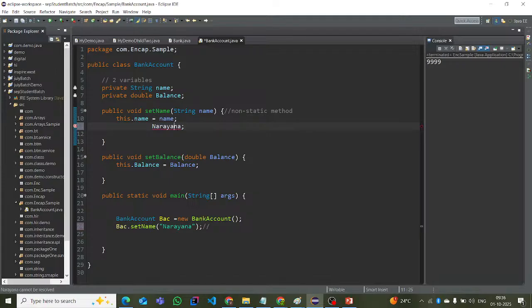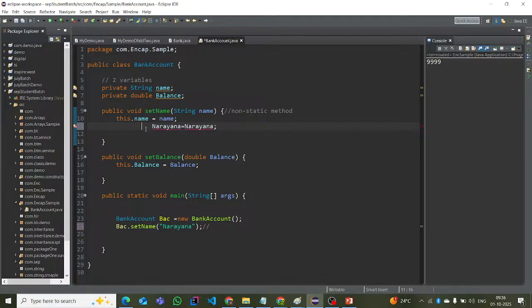Narayana, and I am reassigning to one more variable. Why? Because of the equal to operator. Again Narayana, and we have ambiguity. To whom do I have to assign? To distinguish, to free ourselves from the confusion,